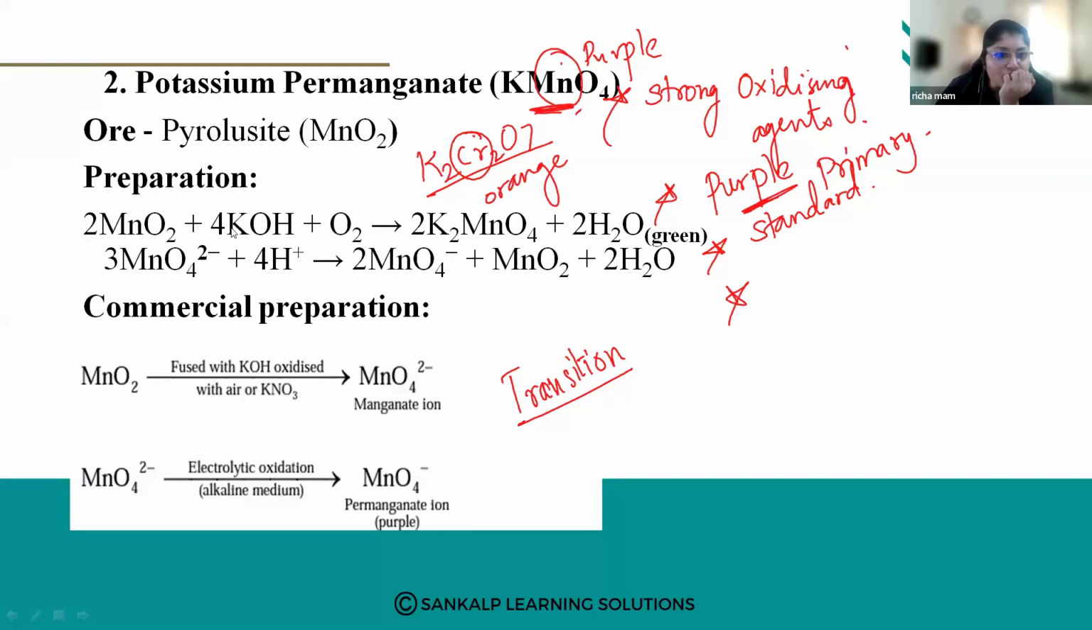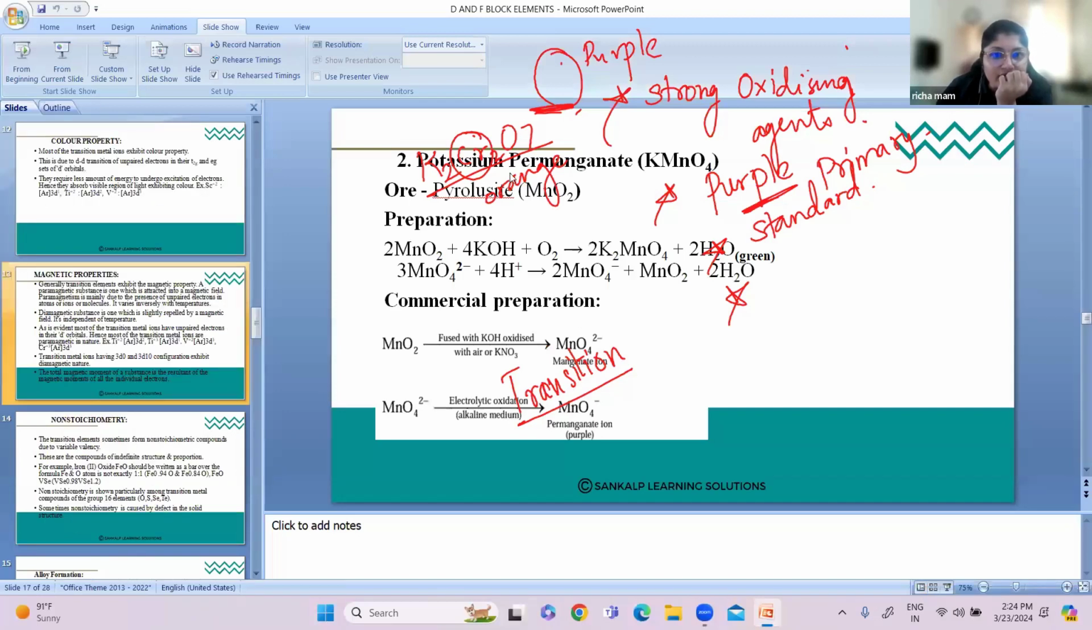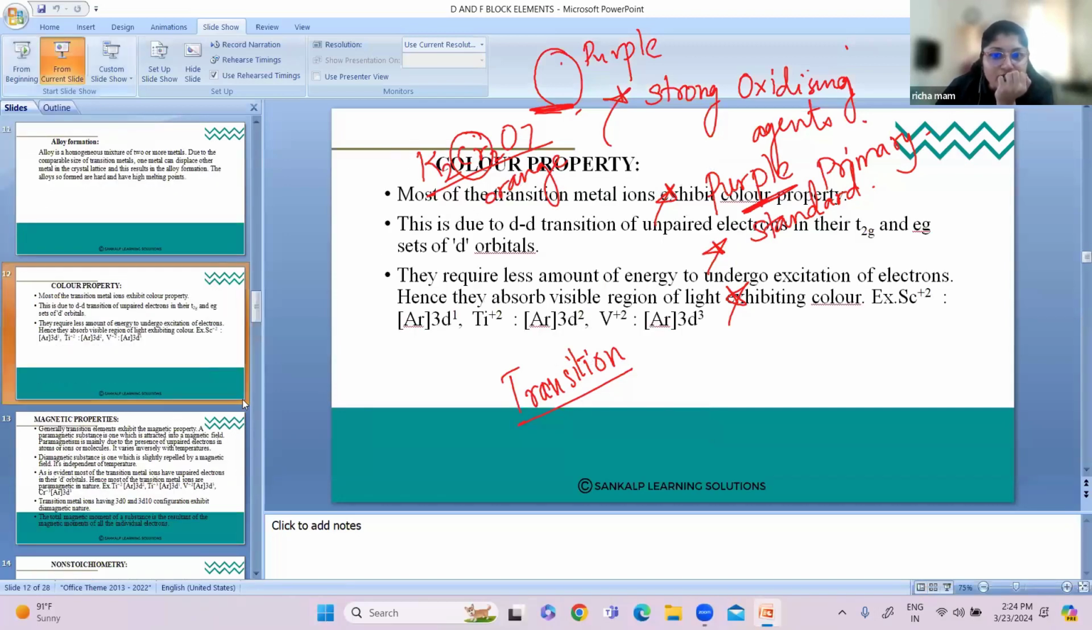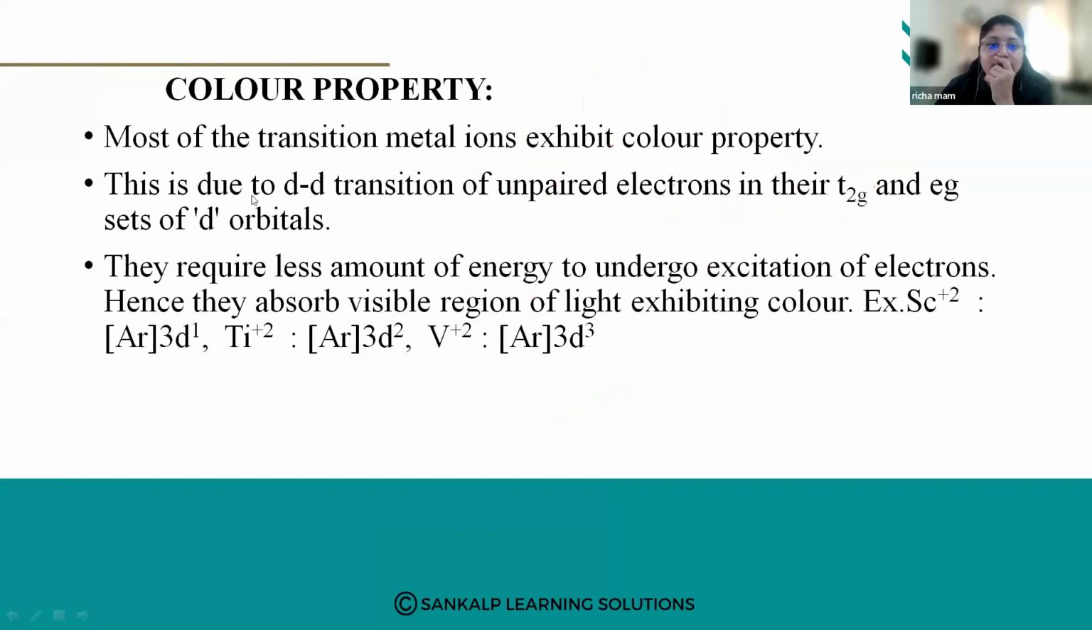If I want to show you where we have discussed. Okay, so it has that unique property of forming colored complexes, due to the presence of unpaired electrons. Due to the presence of unpaired electrons, most of your